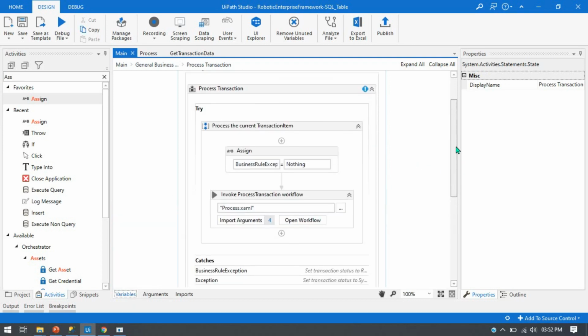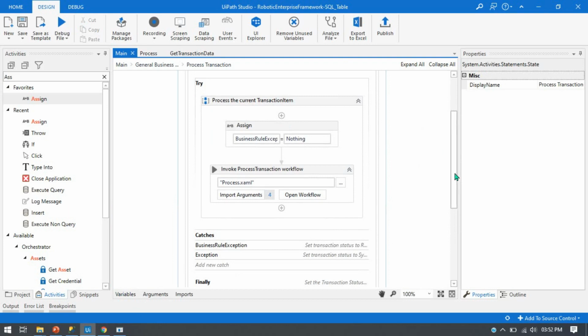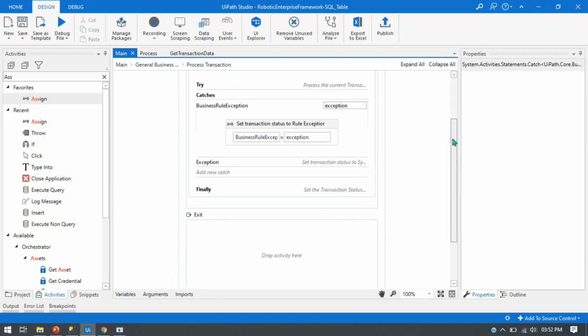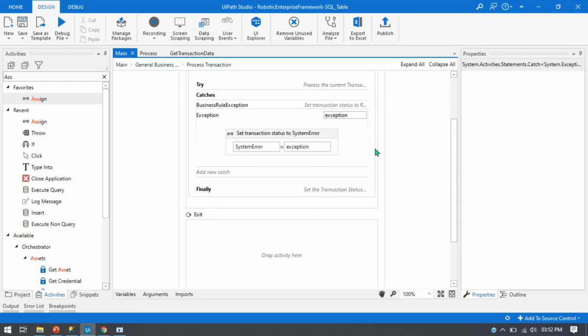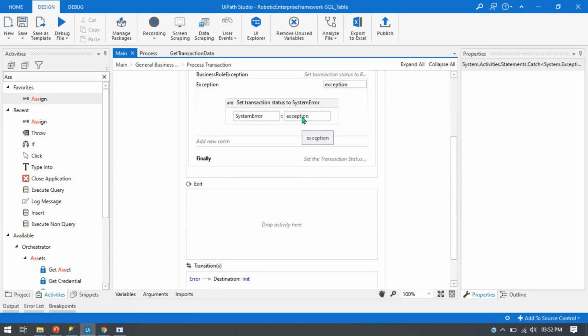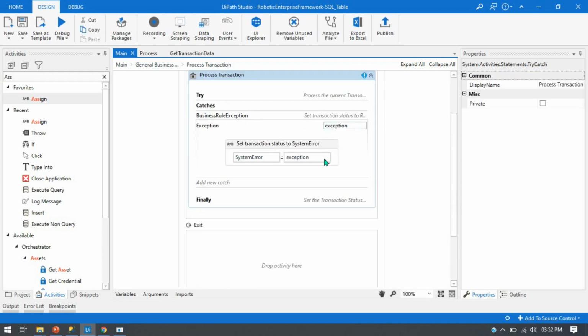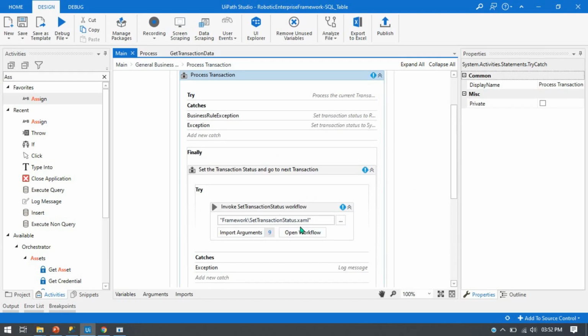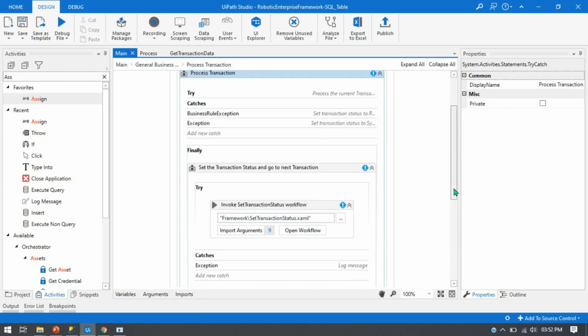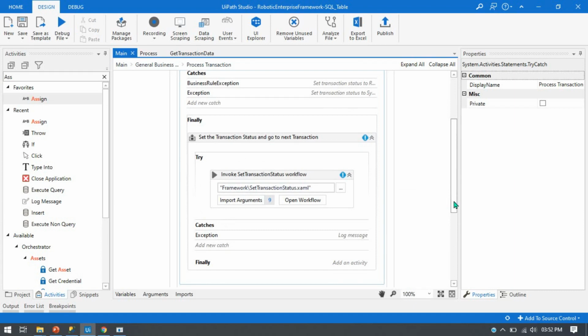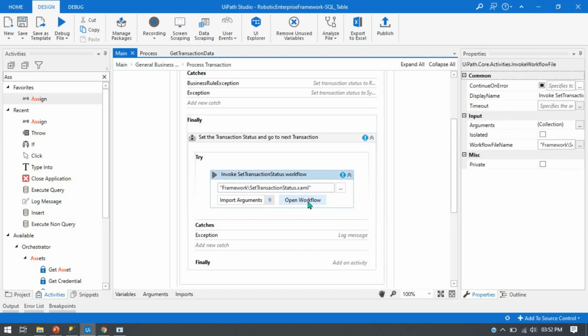Now we will go to the business rule exceptions. We will see if we are getting a business rule exception, then it will assign the exception value to the business rule exception, and if there is a system error exception, then it will assign the system exceptions to the system error variable. And now finally we'll go to the set transaction status, because now this is the time we need to pass the status, update the status to the table based on the data. Now save this, open the workflow,